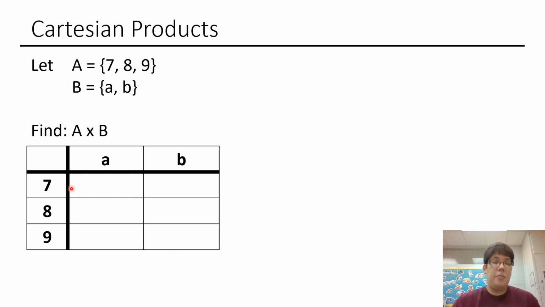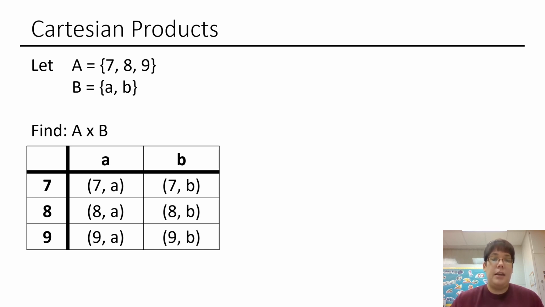You're going to basically pair the 7 with the a, and that's going to go in this first block. So you'll see I've done the product of 7 and a, and they will be written as an ordered pair. And then you have 7 crossed with b, that will be the ordered pair 7b,